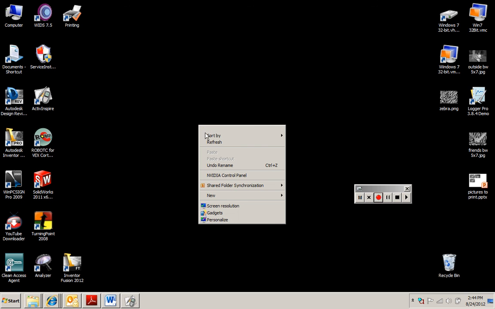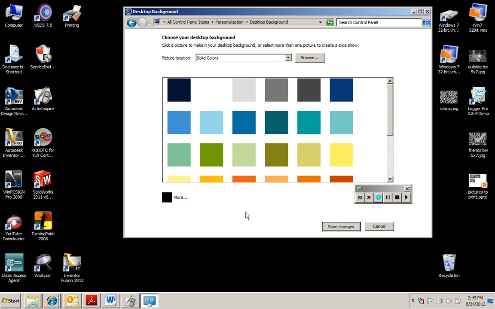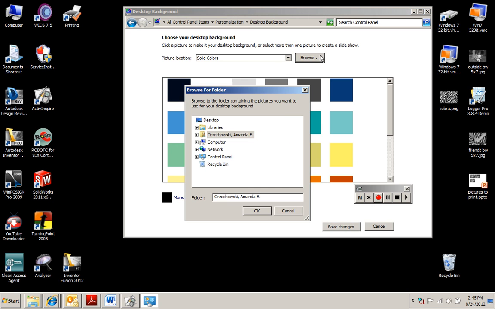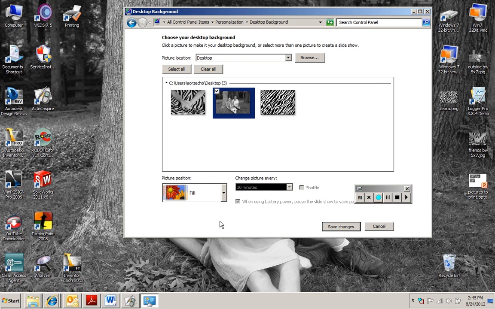So I can right click and I can go to personalize. Okay, and now I get this thing, and I may or may not want to change it. I can change desktop icons. So if I go to my desktop background, I can change to solid colors, or I could browse. I can look on the desktop and it's going to show me all the pictures on the desktop. And I think I'm going to use this one this time of my family and me last year, and